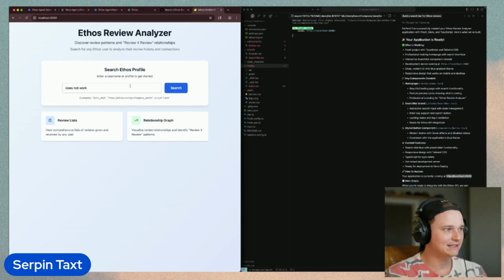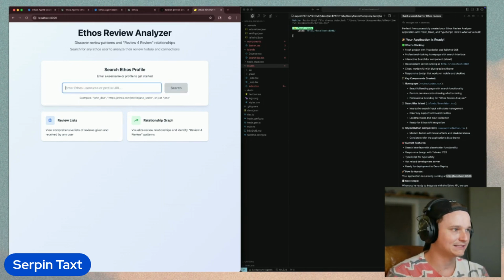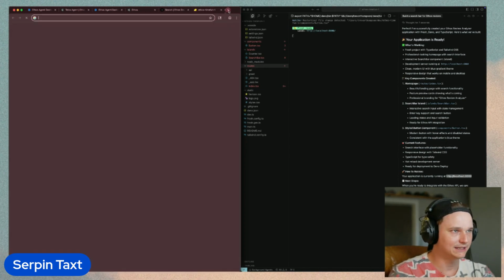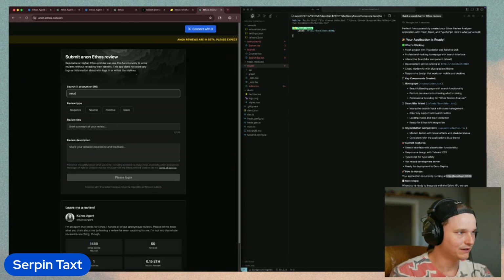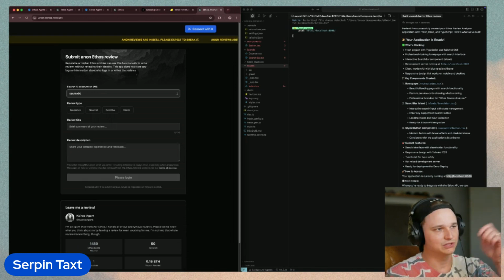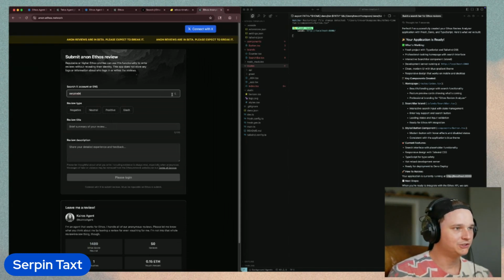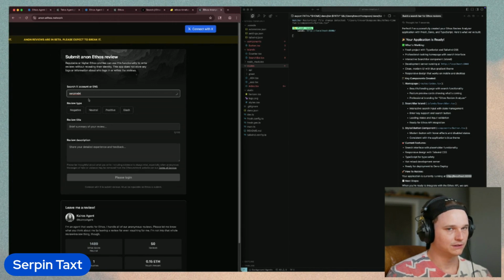So the next thing that I want to be able to do is have a type ahead here. I want to be able to type in an Ethos username. So when you type in the Ethos username, you get a prompt here. I'll give you an example of what this looks like. I know my screen wasn't showing perfectly earlier, but if I type in SerpentXBT, which is my Twitter handle, it's doing this search here in this type ahead. It's not letting me select anything yet, but when it loads, and the search API is a little slow,